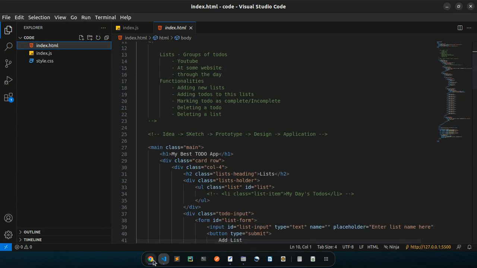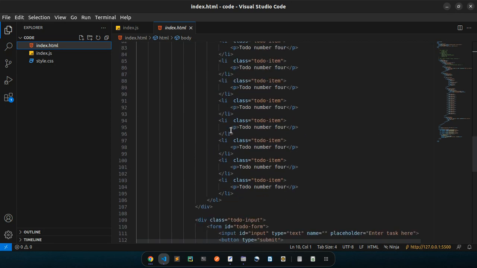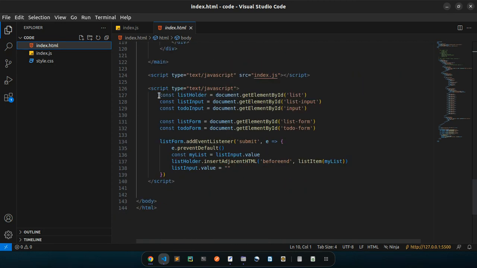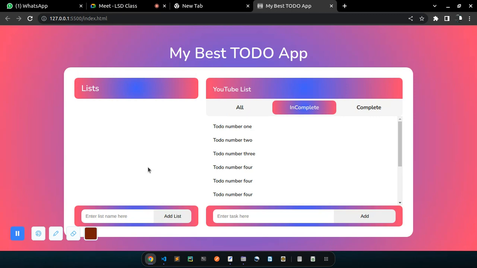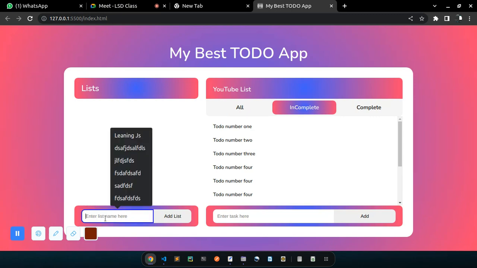So I can go ahead and look at the rest of the code. The other time, we had already covered how to select something from the document. We selected the list input, and also the input itself. Then we listened on the form submission. This is an event listener. We prevented the form default, and if I come back here, whatever we did was, if I pass in here my